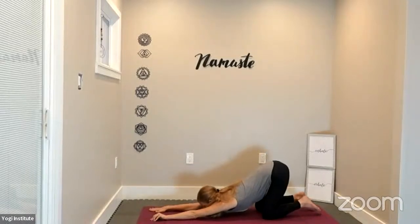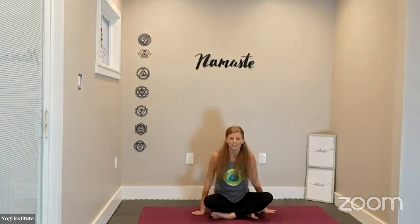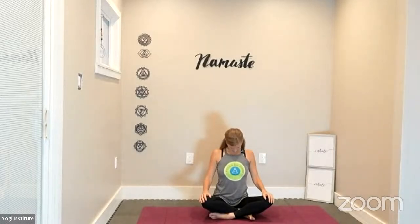From here, let's slide our hands back, pressing ourselves up and coming into an easy seat. If sitting cross-legged is uncomfortable for you for any reason, know that you can always extend your legs out in front of you. Ground down into your sitting bones. Let's get nice and tall through the spine, letting the shoulders fall away from the ears, and let's tuck the chin to the chest, letting the head hang heavy,